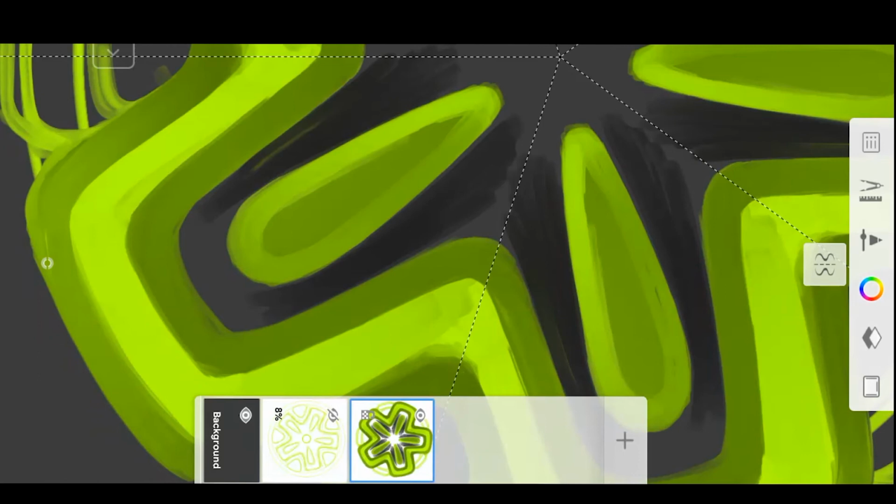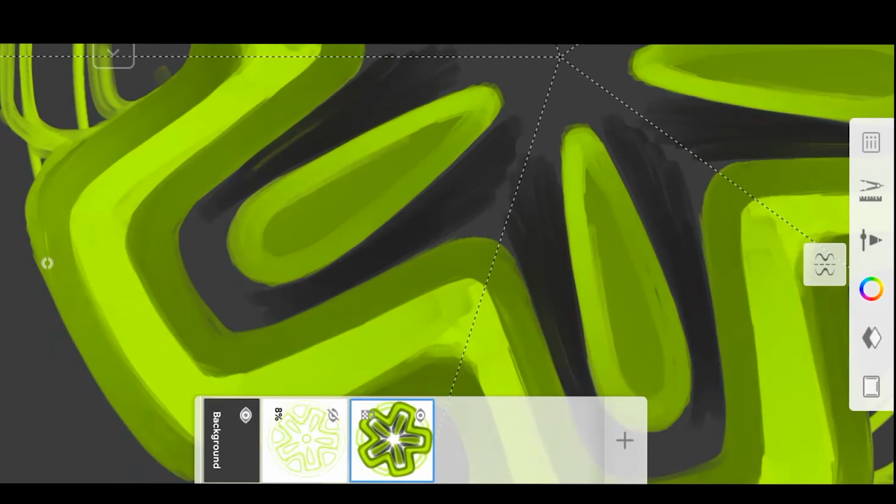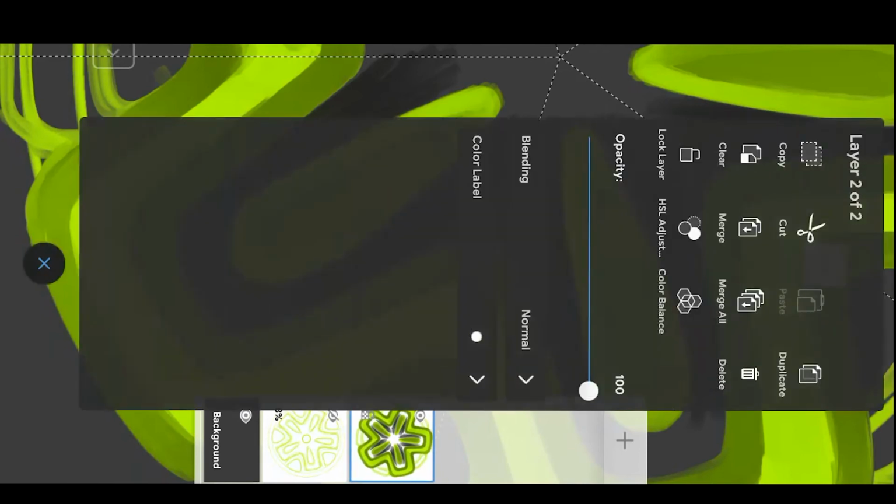And also, when we are in the layer tab and I'm selecting various layers, you can see that a blue highlight is there. When I'm pressing on this one, there is a blue highlight. If we press again, we get more options here: copy, clear, lock layer, and all. Out of all the options, I know only a few of them because I have not experimented a bit. I still have to experiment, like this HSL adjustment, the color balance, then the lock layer stuff. I don't know what they do because I have not used them.